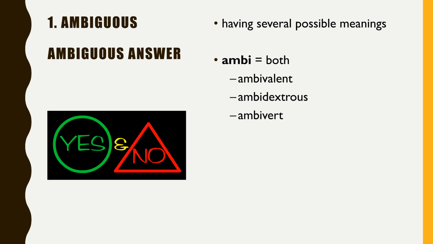If you're an ambivert, it means you're both an introvert, a shy person, and an extrovert, which is an outgoing person. If you have both of those qualities, then you are an ambivert. So, ambiguous, the word we have here, means two possible meanings. Of course, it could be more than two, but usually it's two. The noun form is ambiguity. Ambiguity, I'm sorry, that will be the right pronunciation.